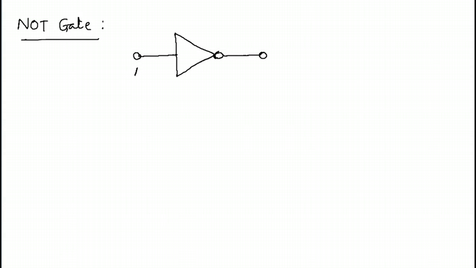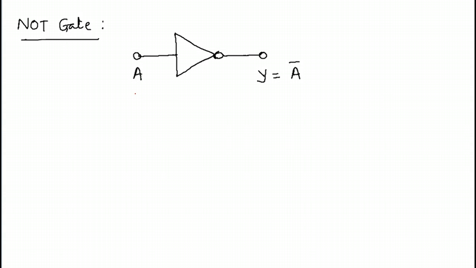Now this one input which you provide to the NOT gate, let's call it A. The output which you get from the NOT gate, we can call it Y, and the symbol for the output of this NOT gate is A with a bar on top, and it's called NOT A. So NOT A is symbolized by A bar, and the word NOT A actually tells you how the NOT gate